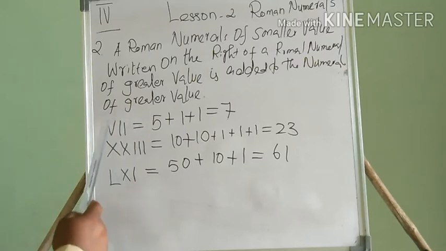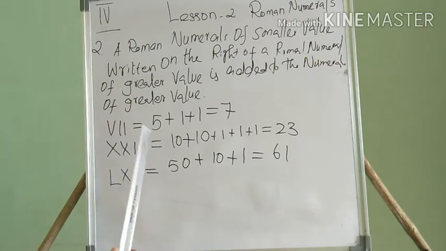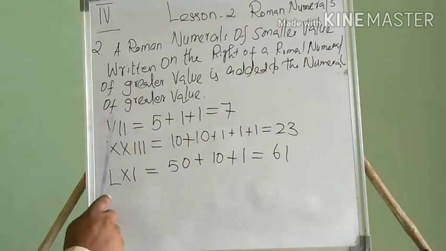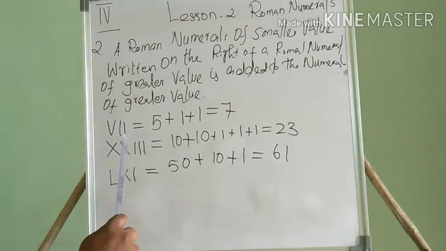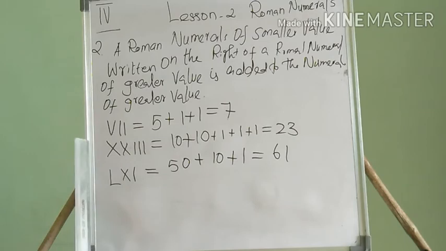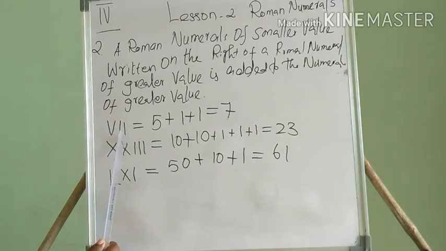But when we combine them and we say 7, what they are telling is that each Roman numeral is one single Roman number, but here we have written two Roman numbers added: Roman number 1 and Roman number 5. We just combine them and write them together. Now we call it 7. But if you separate this and this, this is 5, this is 1. Compare them: this is the big number.